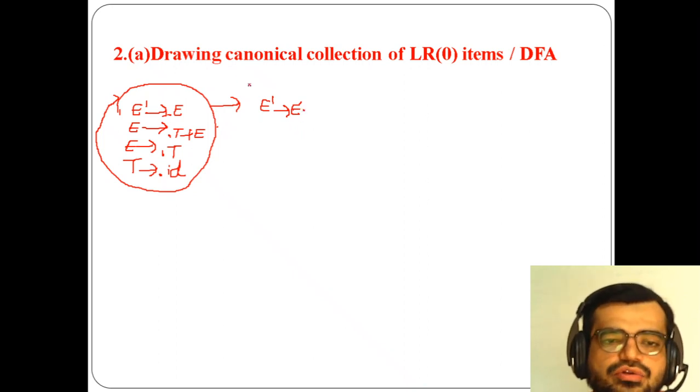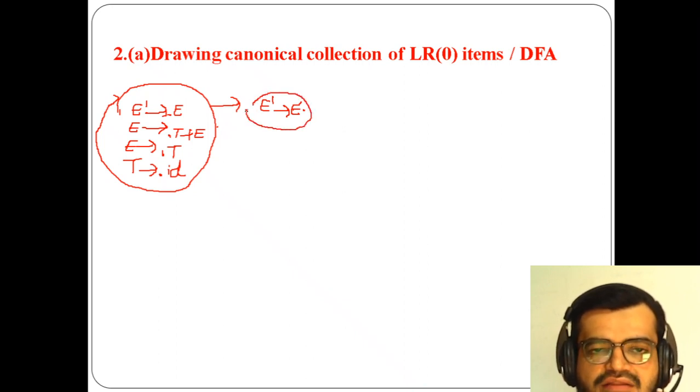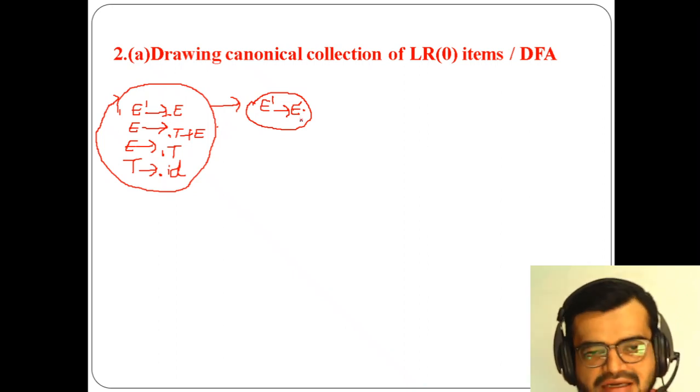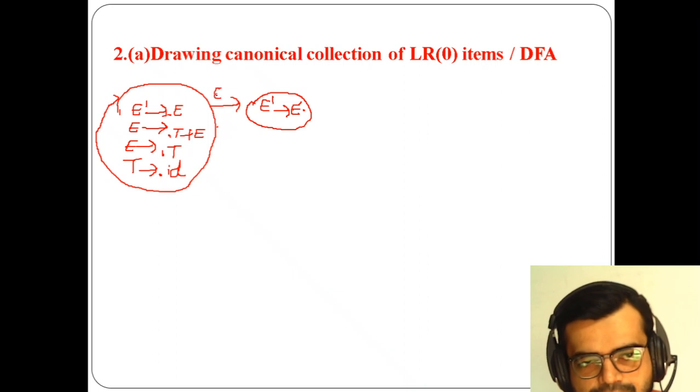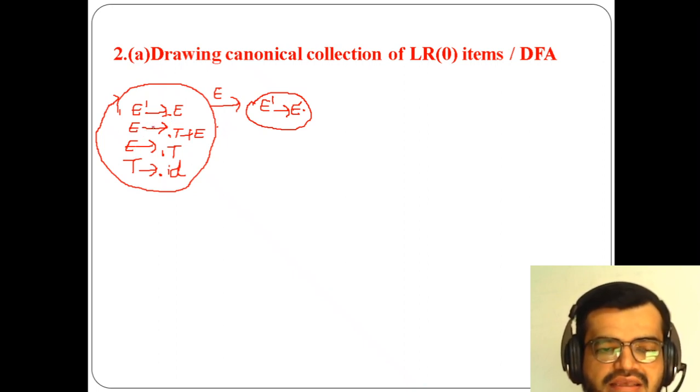Okay. So E dot, after the dot, is there any value? There is neither a terminal nor a non-terminal, so it is completed here, this state. And from this state, after the dot, what has to be read? First one is E, and E has already been read here in this production. So you are opening E, and here T has to be opened. In the first one, T has already been opened here. So in this way we are taking it.